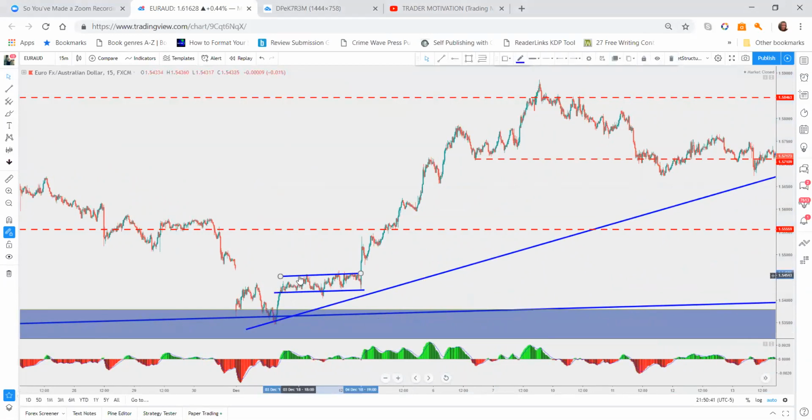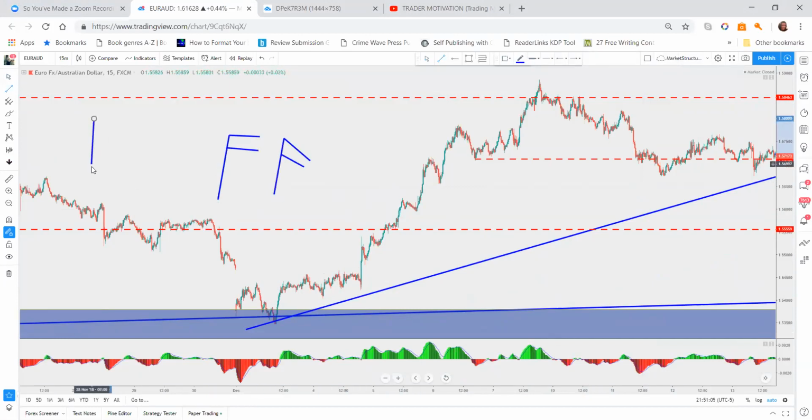Jamie's already trading, guys, and he trades market structure. And we were talking about flags. There's also a pattern that, before I realized what flags were, we talked about how a flag will either go sideways or like this if it's a buy. If it's a sell, it'll go sideways or like this. Now, if you see a flag to the upside pushing up like that, or to the downside pushing down like this,